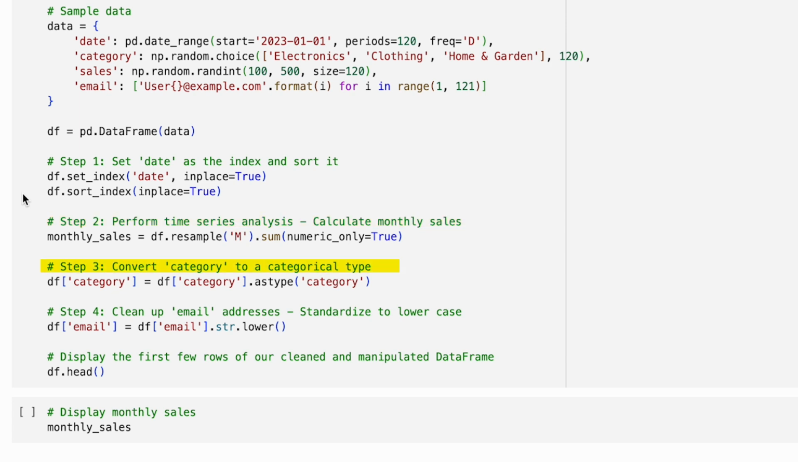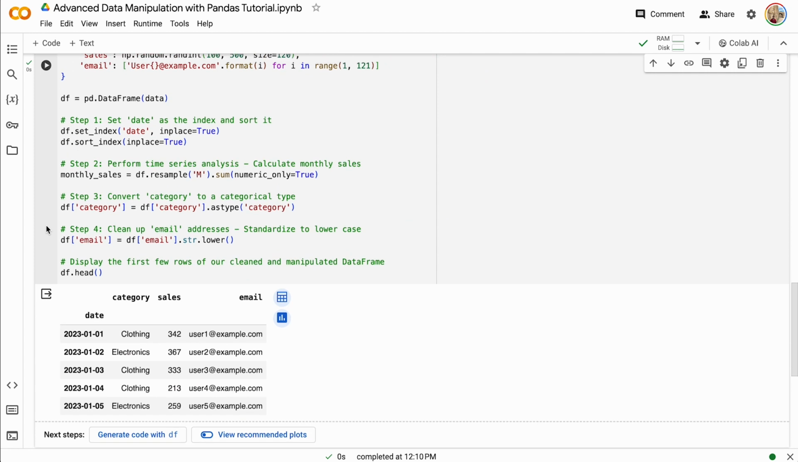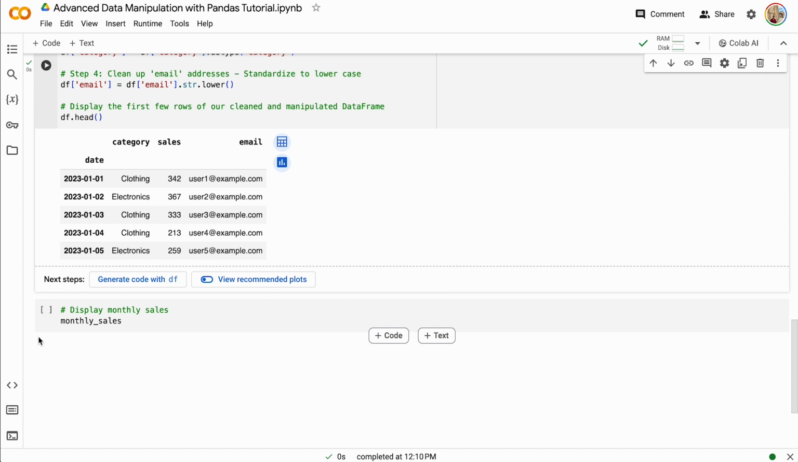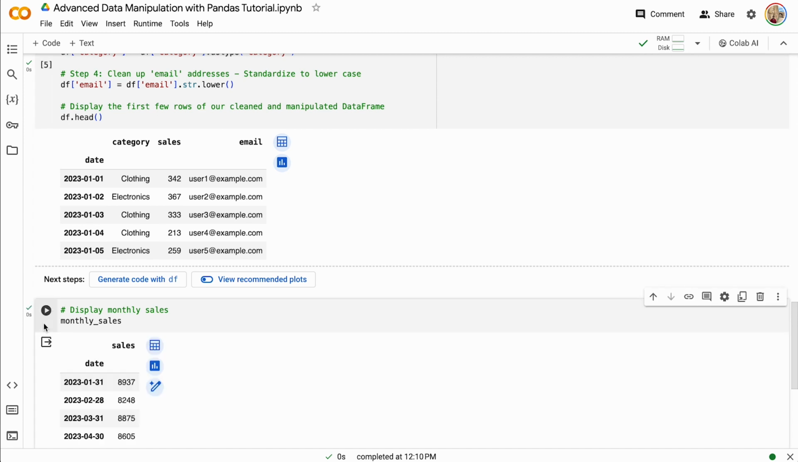We then tackled the category column by converting it into a categorical type. This not only optimizes our DataFrame's memory usage, but also prepares us for any category-specific analysis in the future. Finally, we standardized the email addresses to lowercase. This step is crucial for any form of email-based communication, ensuring that our marketing campaign reaches our customers without a hitch. By combining these advanced Pandas features, we have efficiently cleaned and transformed our dataset, readying it for insightful analysis